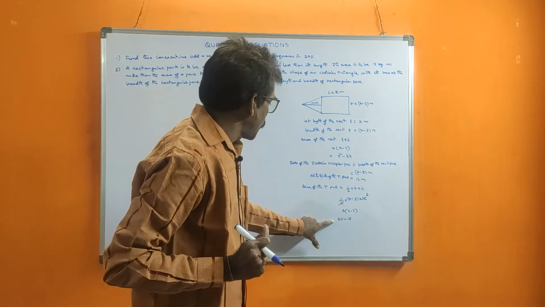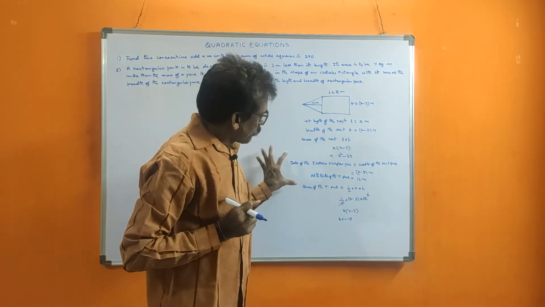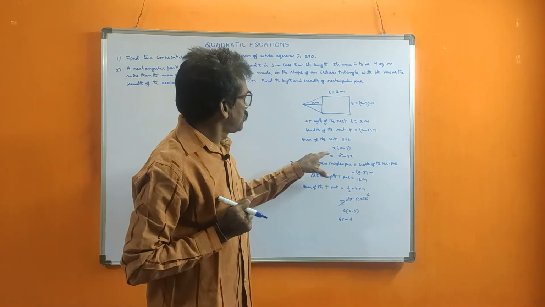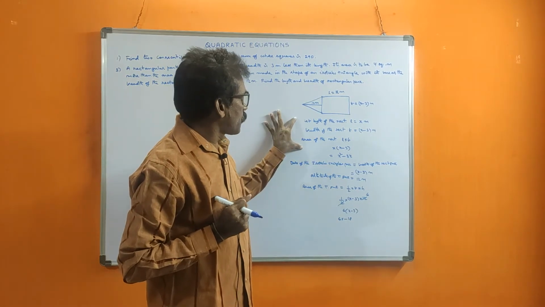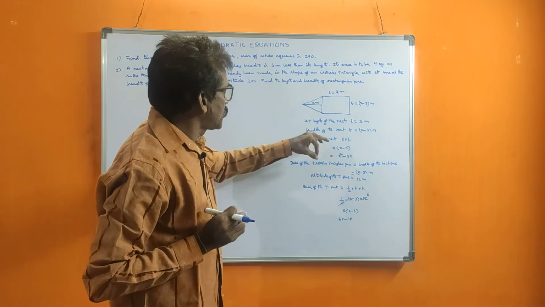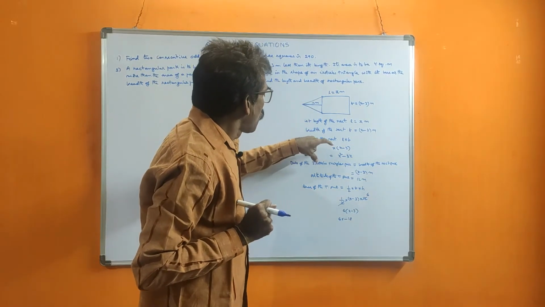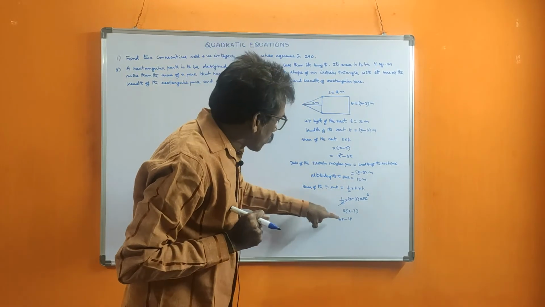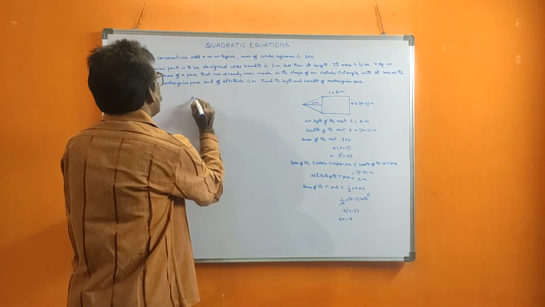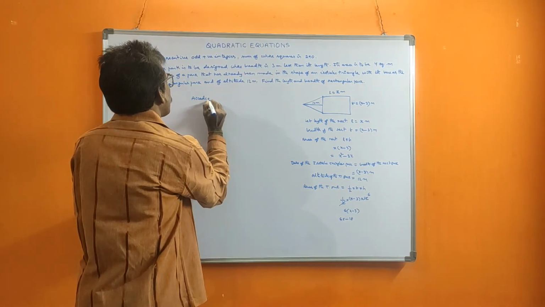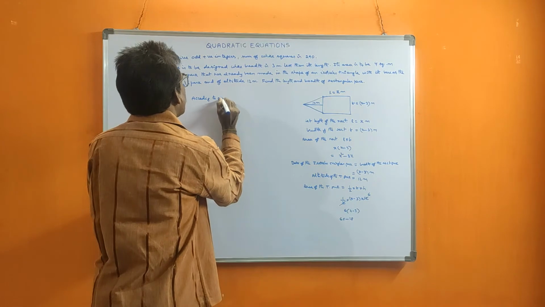This is the area of the triangular shaped park. This is the rectangular shaped park. The condition he gave is that this rectangular park area is 4 square meters more than this. That's why, according to the given condition,